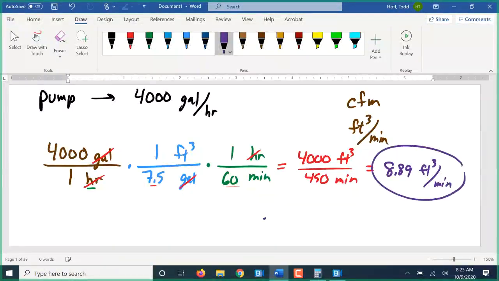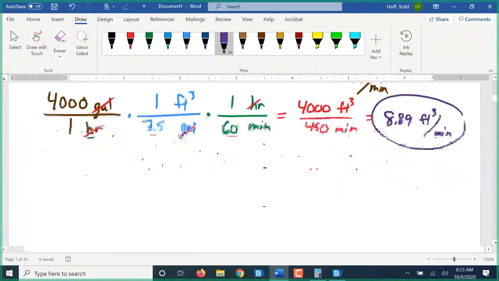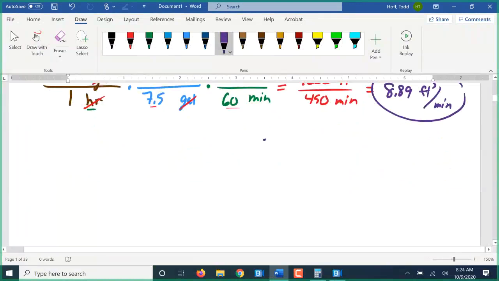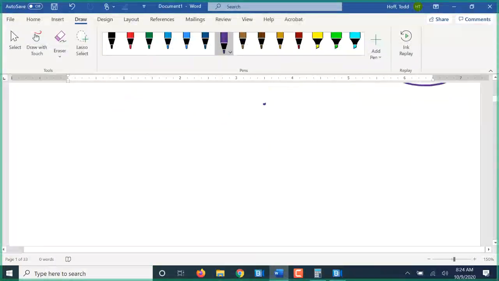A good pump is usually between 8 and 12 cubic feet per minute. So that's right on the bottom edge of our average size pump. So not a terrible pump. We might have things that are listed as, let me see what I want here. Let's say we've got a feed rate that is going at